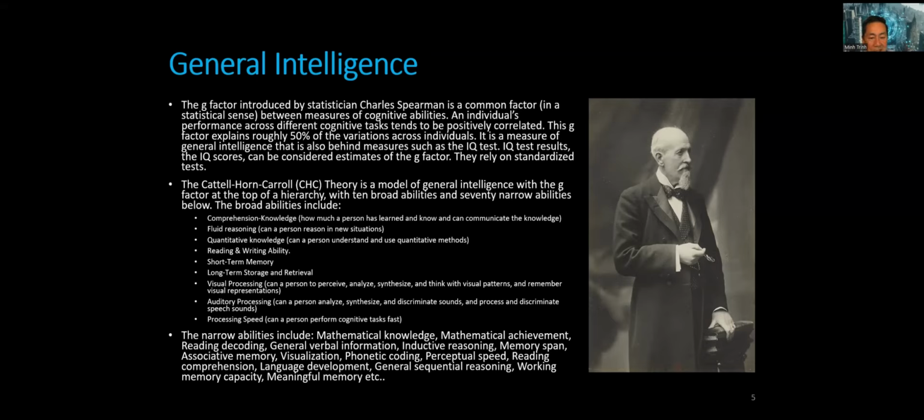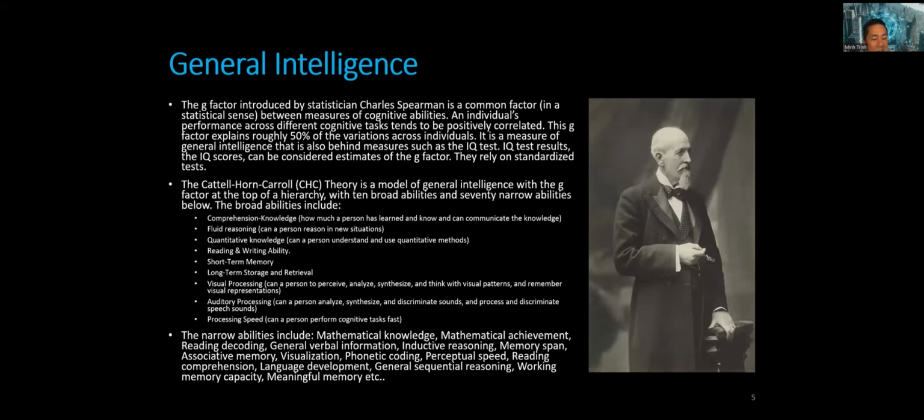Then there were some refinements. There's something that's called the Cattell-Horn-Carroll theory. Well, they also start with the G factor, but they put it at the top. Right? So this is the common factor. You should look at it as a tree. Then below the G factor, you have 10 broad abilities. And below these 10 broad abilities, you have 70 narrow abilities. Right? So the broad abilities: